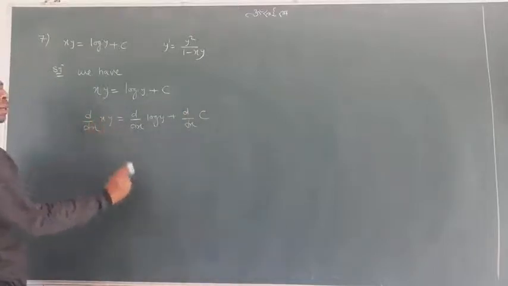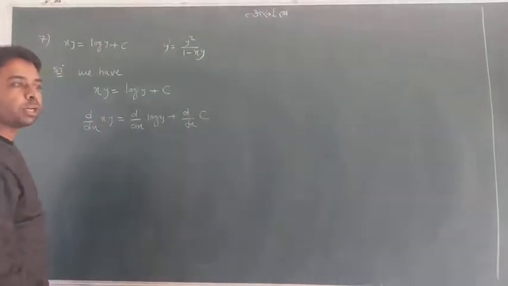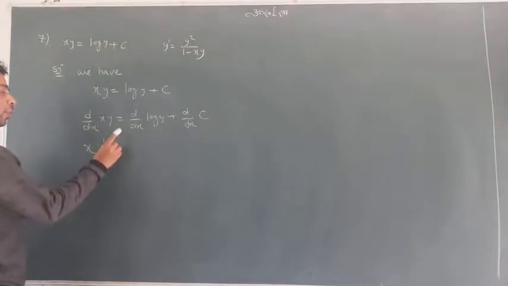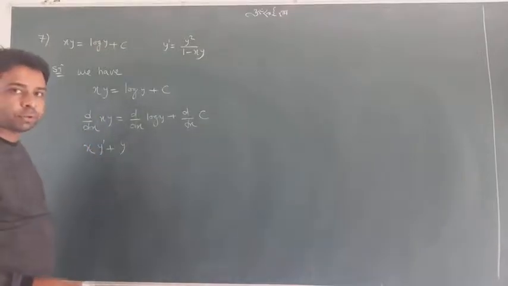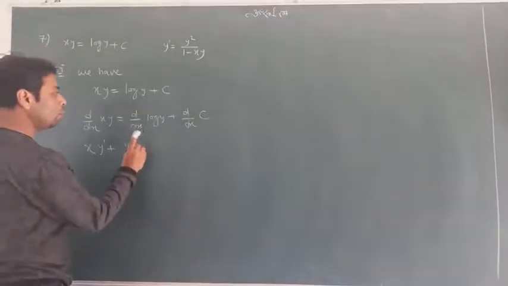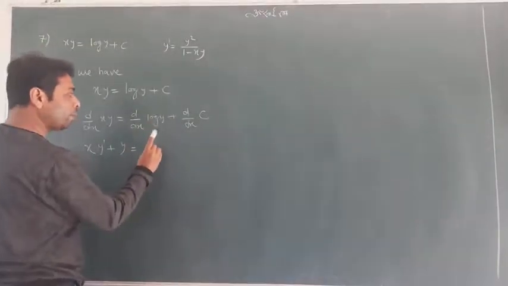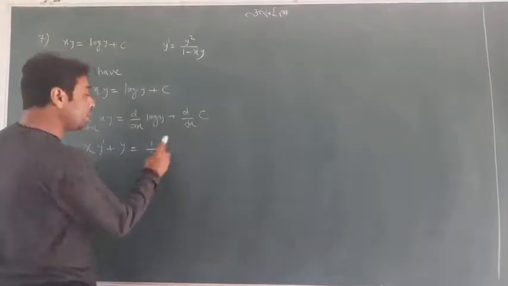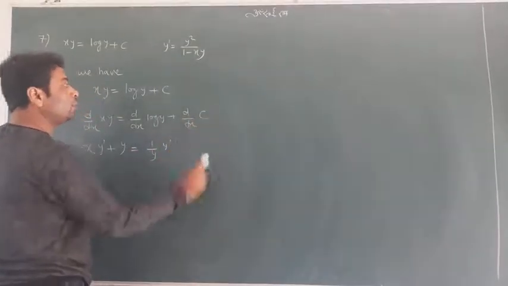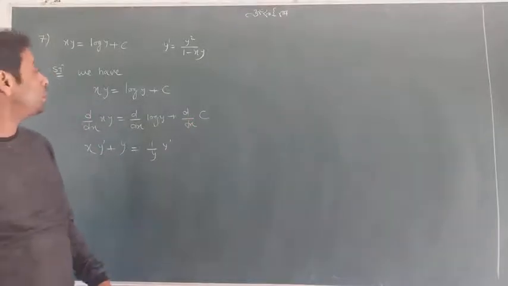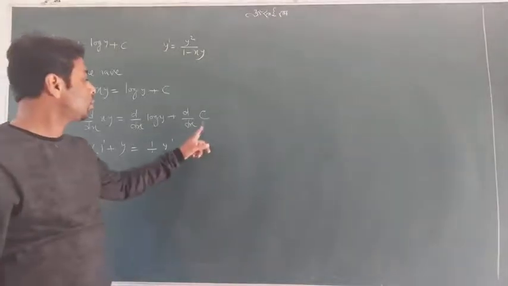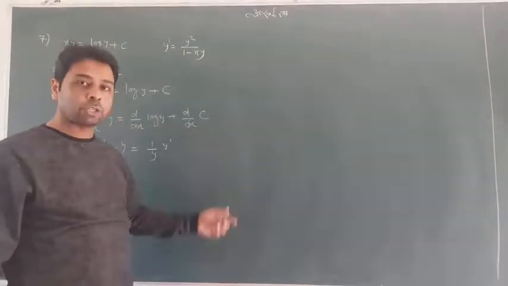Now these are two functions, so we will use the multiplication law in differentiation. First function x, differentiation of y is y'. Second function y, differentiation of x is 1. Equal to d/dx of log y, you remember, 1 upon y, again differentiation of y, dy/dx, meaning y'. And c has a differentiation of 0, because it is a constant value, so differentiation of that is definitely 0.